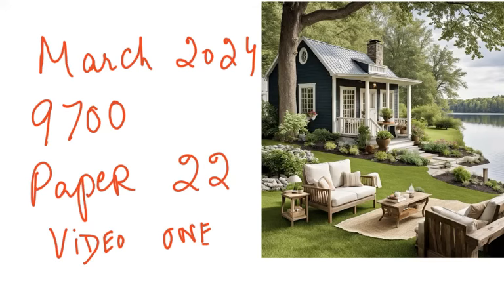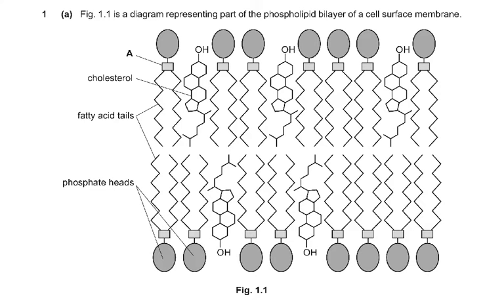Bismillahirrahmanirrahim. We're going to discuss March 24, 9700 paper 2, which is the A level, AS level paper. Starting with question number 1, figure 1.1 is a diagram representing part of the phospholipid bilayer of a cell surface